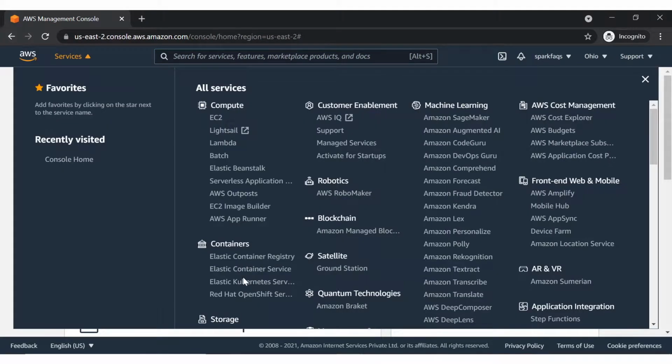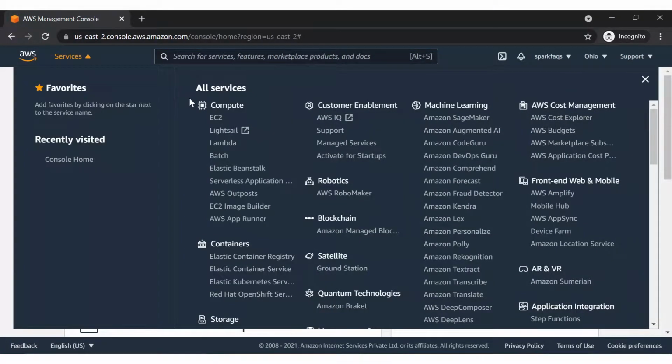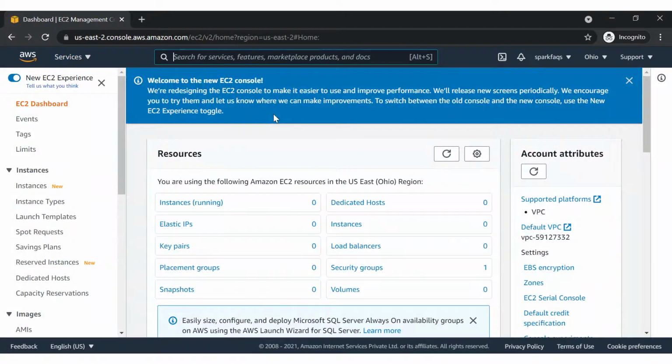Once you see the AWS management console, you can click on the services drop down, and you will see all the services provided by the AWS cloud platform. Now in this video we are focused on the EC2 instance, which is basically a virtual server in the cloud. So click on that. This is the home page for EC2, or the EC2 dashboard.